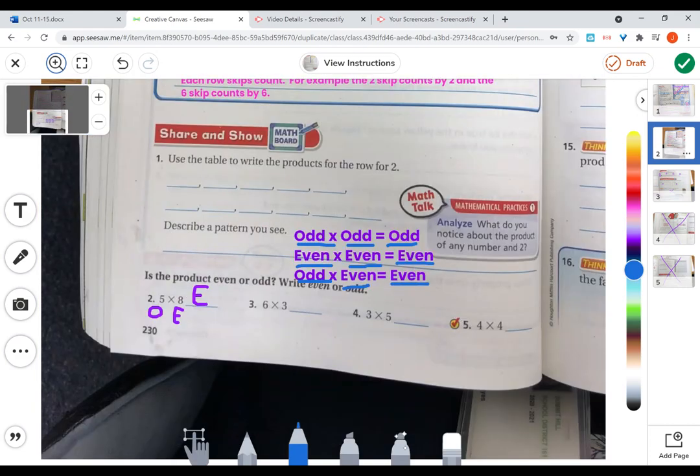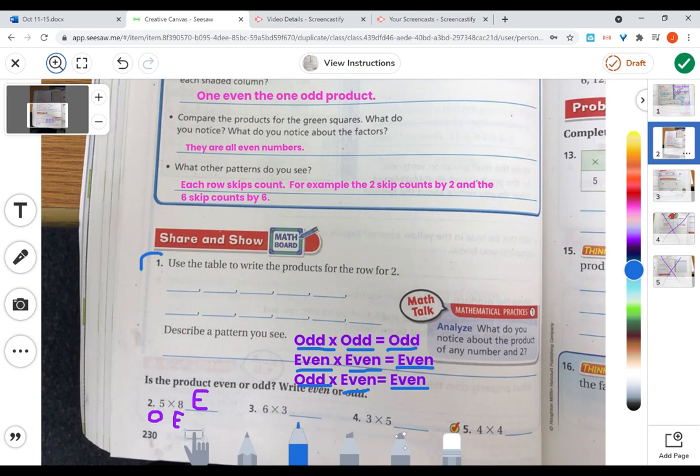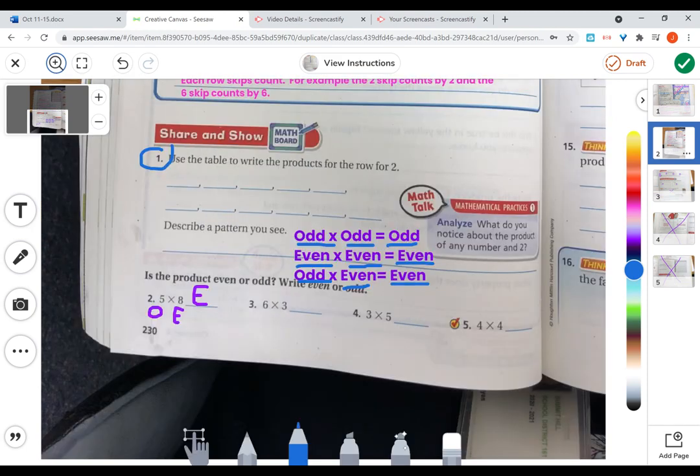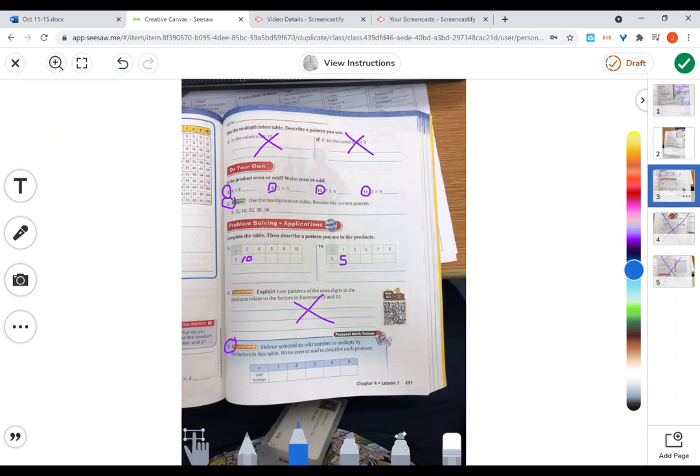So what I would like you to do is work on the rest of the problems on page 230. And then when you get to the next page, you can do 8, 9, 10, 11, 12. These are input-output boxes. So when you look